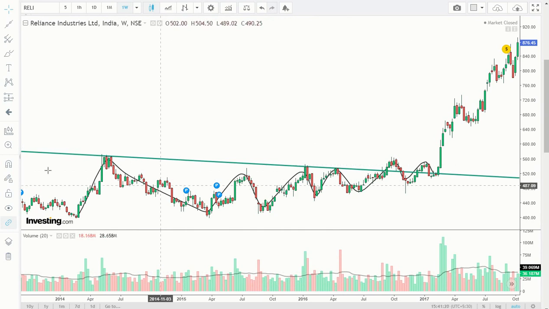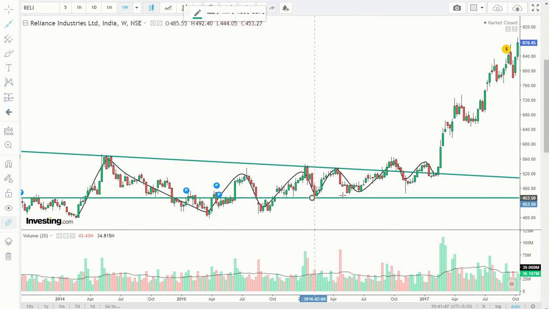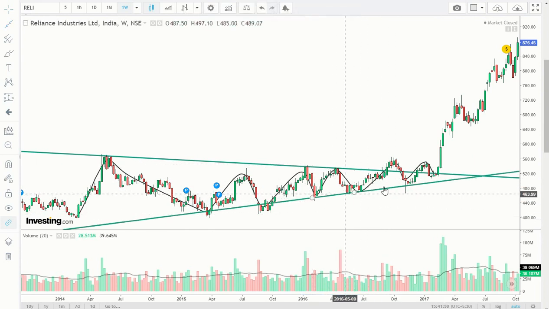Okay, so now you see prices started going up, right? Again came to that line, faced the pressure and went down, again came to that line, broke it. Now when it breaks it, you get an idea that prices might go up, but it started to go down. So you are in a dilemma. So now what you will do is draw an uptrend line because this has broken. So now you will join this low and this low and say, till the time it doesn't break this channel, this particular downward trend line, I will buy into the share.